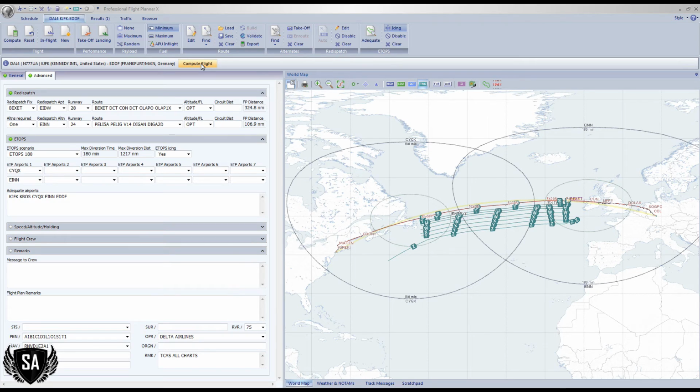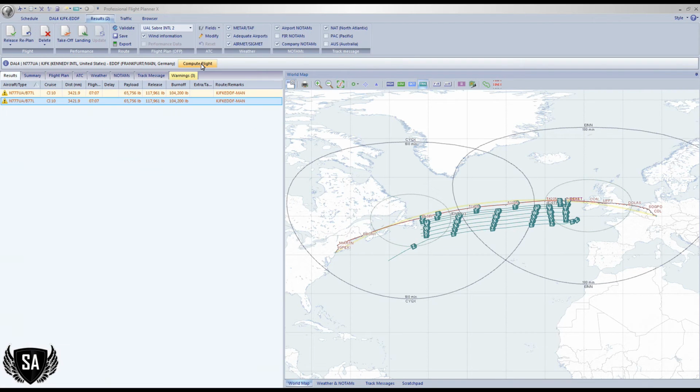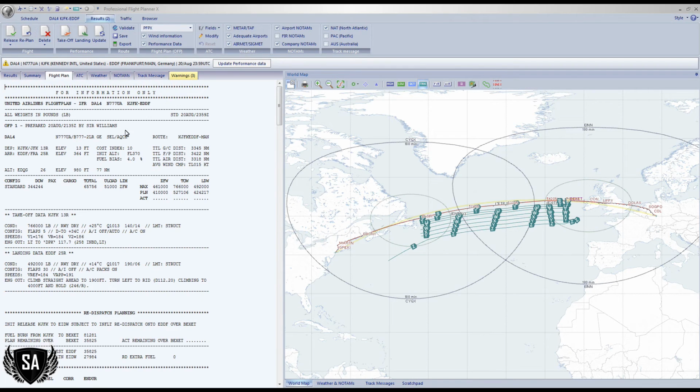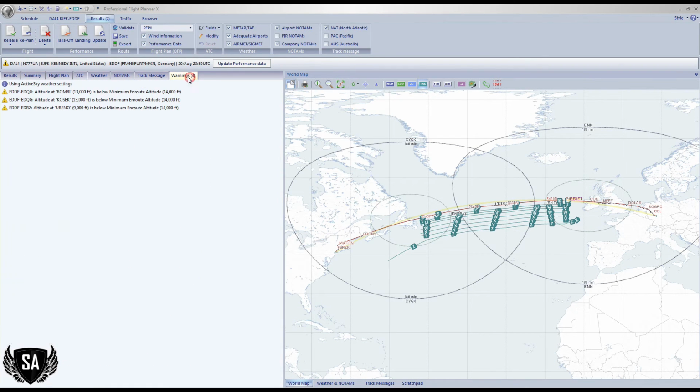Hit apply. All right, so now I want to compute it from there. Let's just use a flight plan format everybody's familiar with. So I got 3 warnings here. Let's see, from Frankfurt to